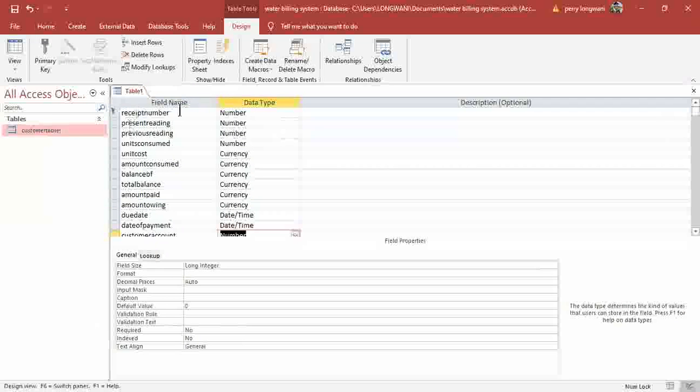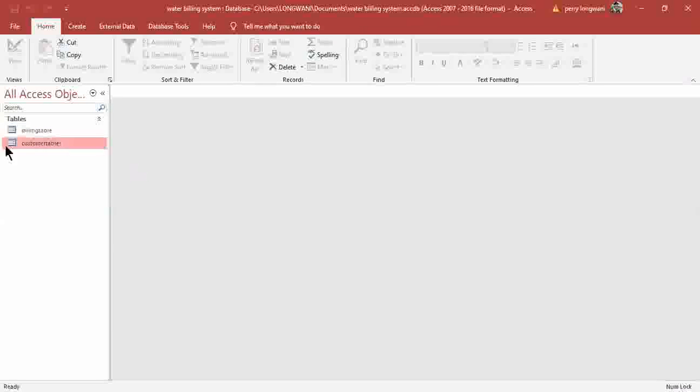Then since the primary key is set, you can now save this table. Then you can call it the billing table. So you can see the table there is created. You can close this. So after the two tables are done in this way,